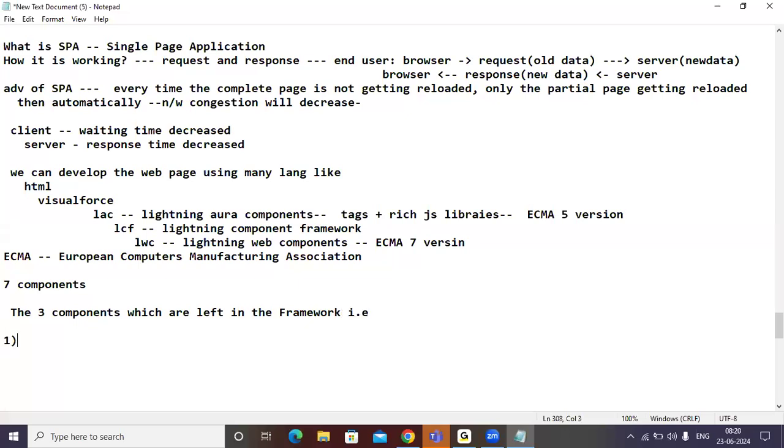That is, first one, specialized services. Second one, Lightning Data Services. Third one, UI component framework. So total how many here? 3.